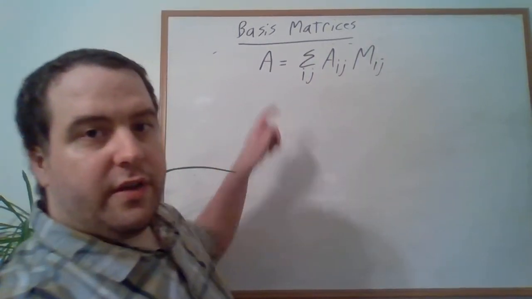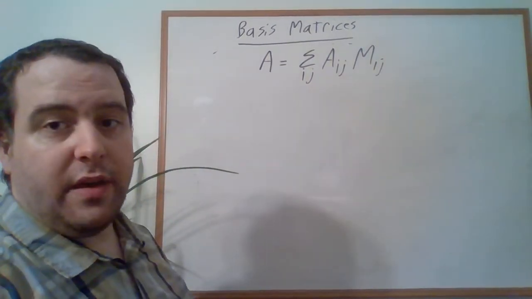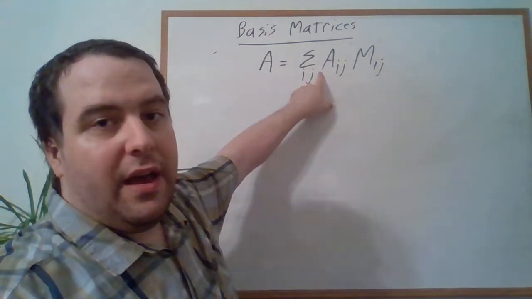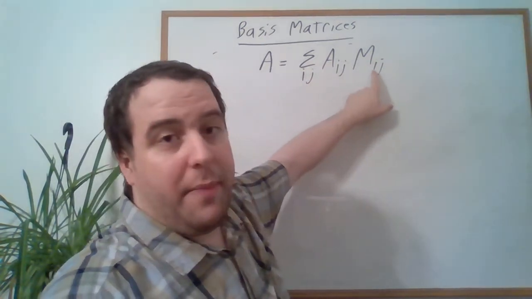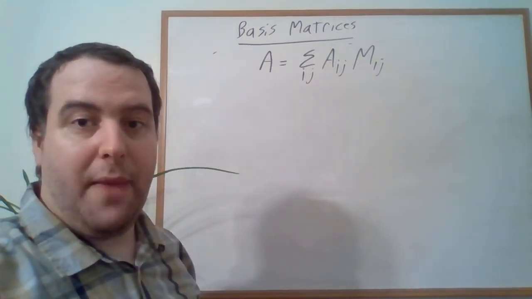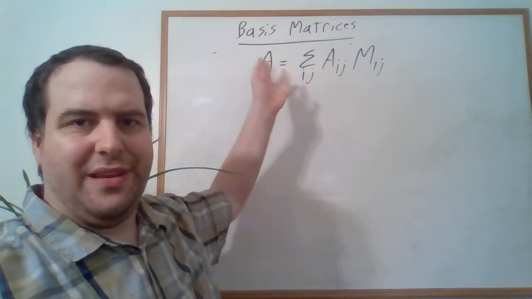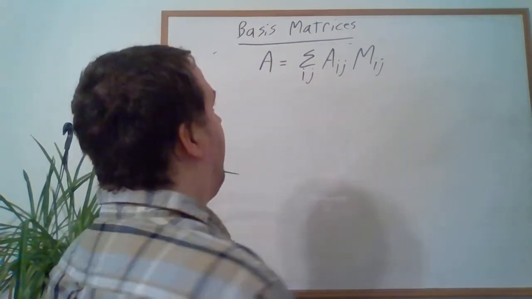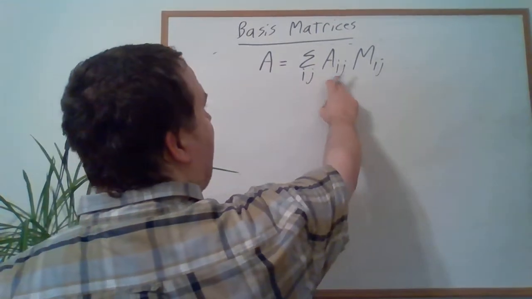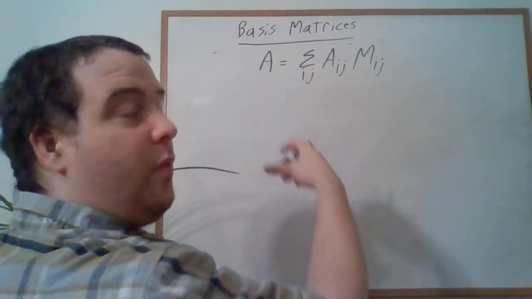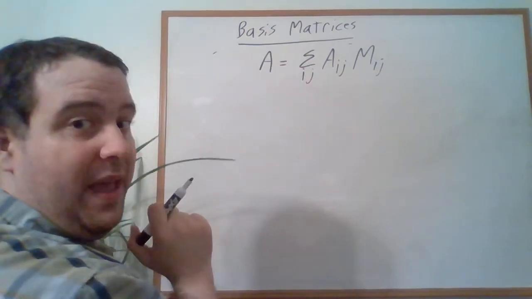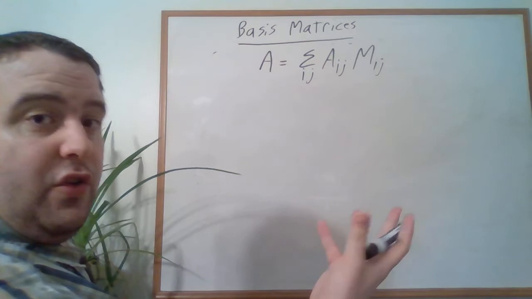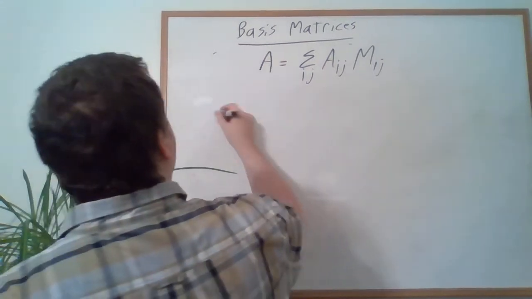So any matrix A is going to be the sum over the appropriate i and j of the ijth entry of A times the basis matrix Mij. Right? This is kind of the definition of how entries of a matrix work. Right? The Aij is the coefficient when we write A in terms of this basis. And so if we wanted to multiply two matrices together,